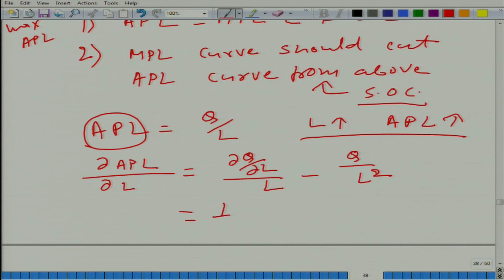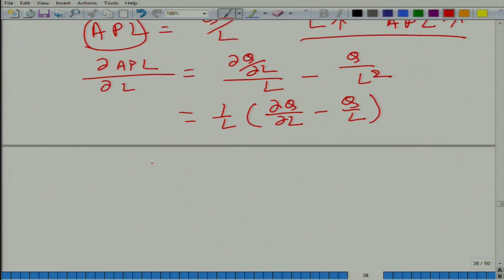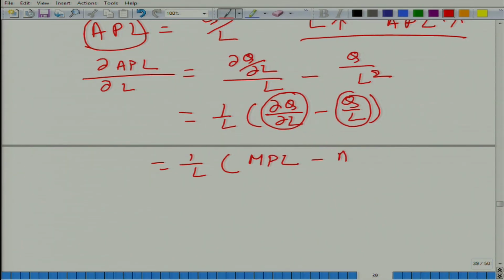Take 1 by L common. And as a result, what would you get? 1 by L, and what is this? MPL. This is MPL at that point. And what is this? APL. Just leave it here. So, now it is very clear,